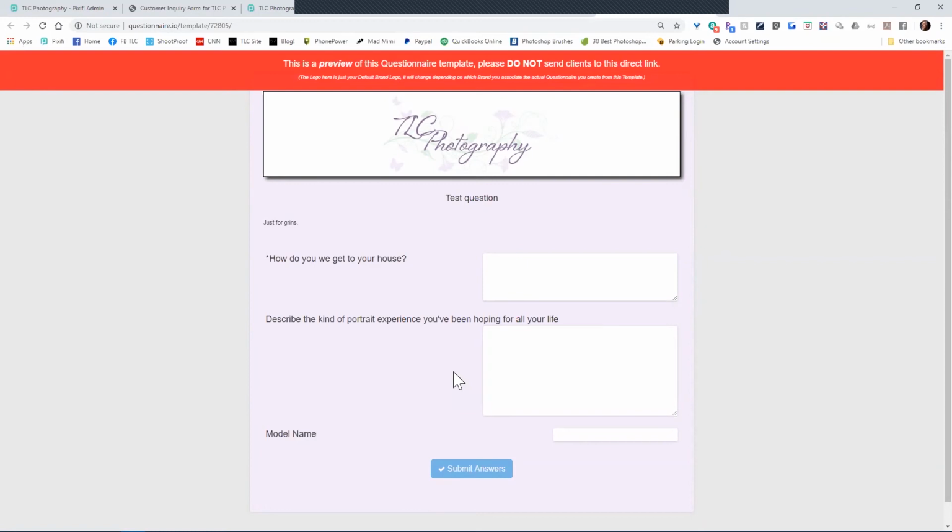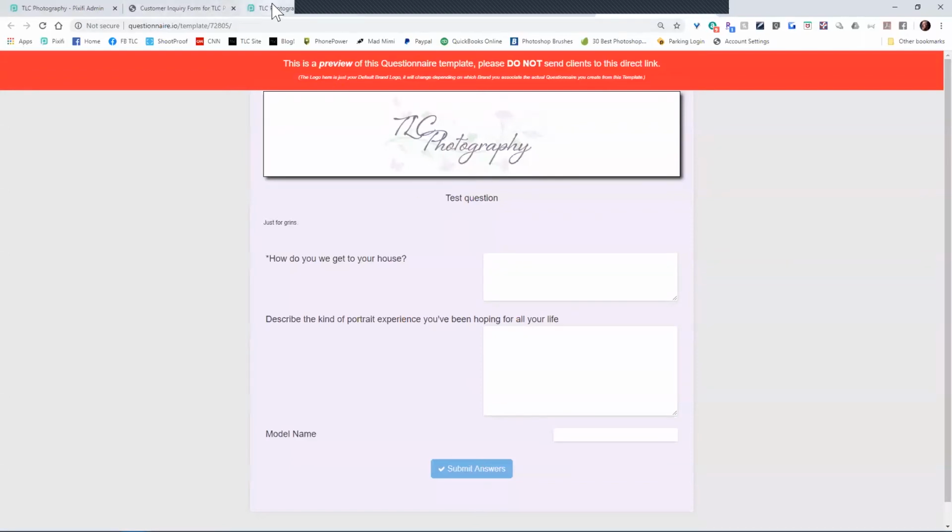Okay, looking at the question. So I want to make several custom fields, but I want them to show in different places. Like I have one that says, what color are your eyes, but I don't want to ask on the inquiry form, but do want to ask on a questionnaire. Then of course you can use that and just ask it on the questionnaire, because